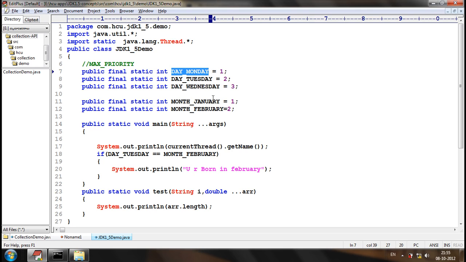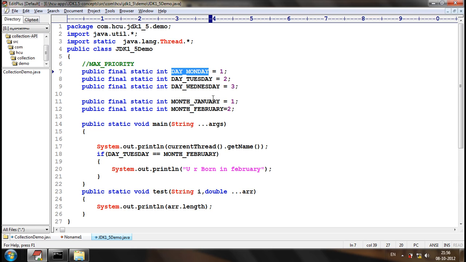So the first objective is to make the constants type safe, so that they cannot be combined with other logical types. That's the first thing that we need to achieve. The second thing is grouping the constants together. These are the problems that were faced before enums.